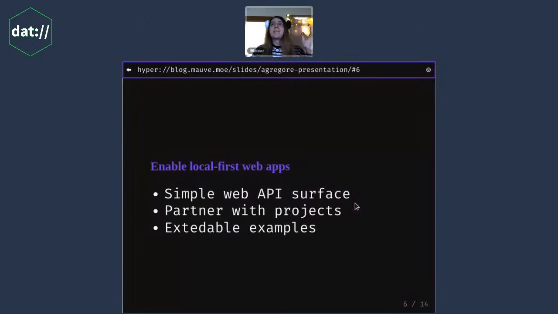So what are my goals? I think the number one thing that I care about is to just enable local first web apps. And for me, that means kind of like trying to get rid of as much as possible, just have the most simple API surface I can think of so that developers can just kind of pick it up and start running with it. And also make that simple API go across protocols as much as possible